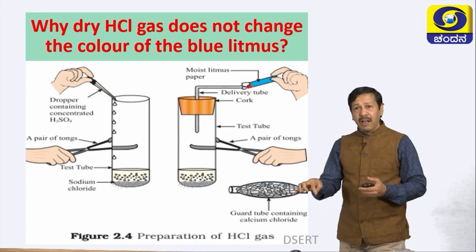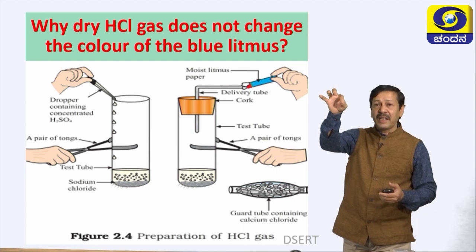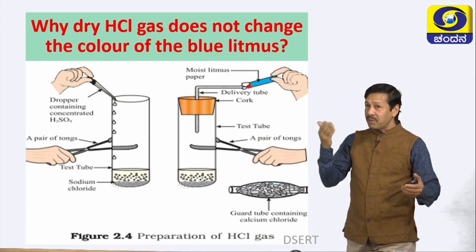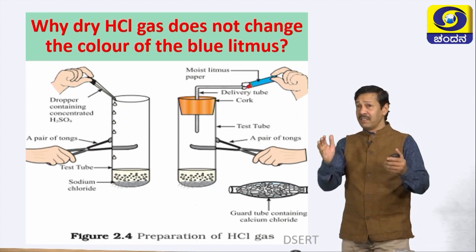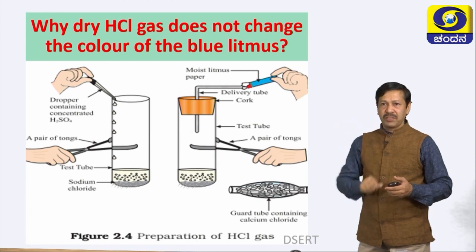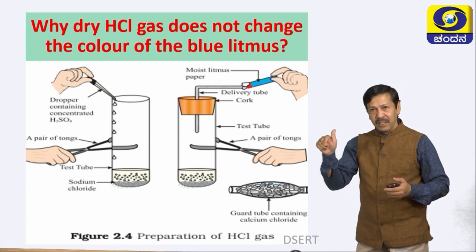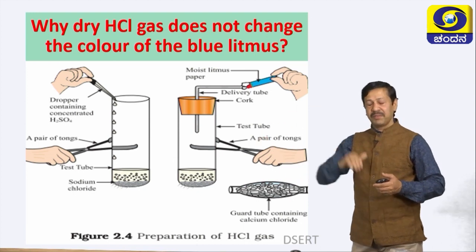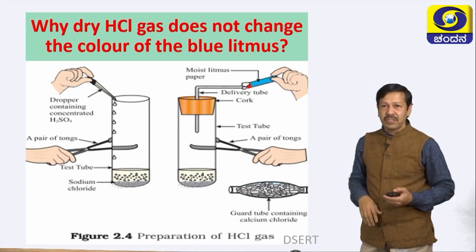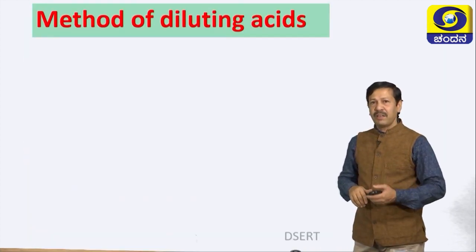Now dip the blue litmus paper in water, once again exposed to that one. Now its color changes to red. So you can easily remember BAR, a simple mnemonic. B blue, A acidic medium, turns red. That means acid turns blue litmus into red. This is a simple mnemonic, so you will enjoy this one. Now let us move on to the next one.